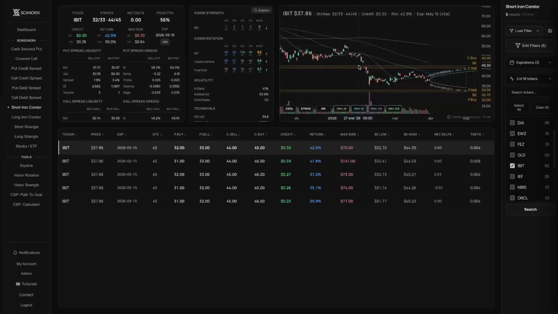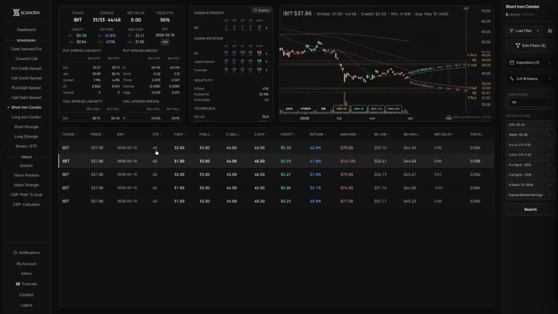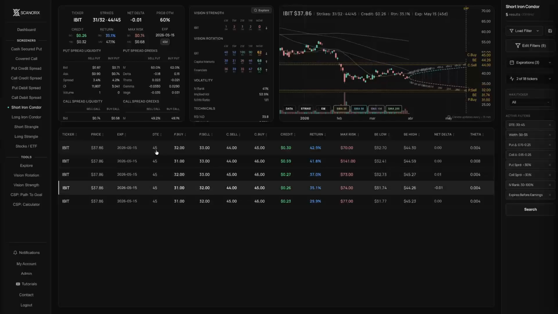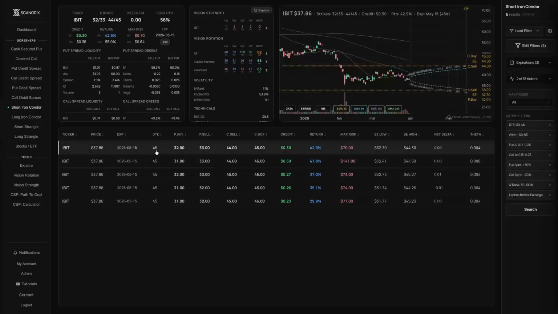So if you notice, once we're on IBIT, and we want to trade it, it's simply hovering over the 5 options we have and seeing which one we like best. As you can see, every time I move the cursor down, the strikes open up a bit more, right? Or they adjust themselves. So this way it's very easy to find either the ticker you're looking for, or in different tickers,